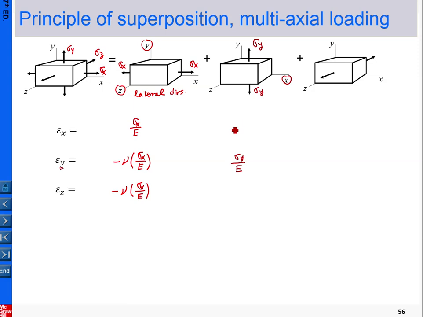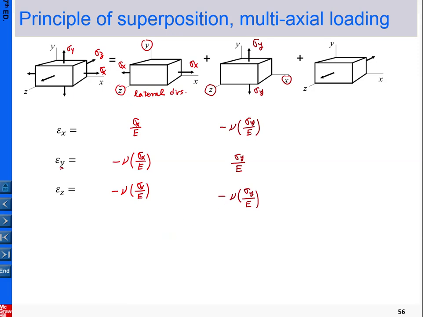So the lateral strain is Poisson's ratio multiplied by the axial strain, that is this value, and the sign is negative to the axial strain. In a similar way, z is the lateral direction, in which the lateral strain is given by this,